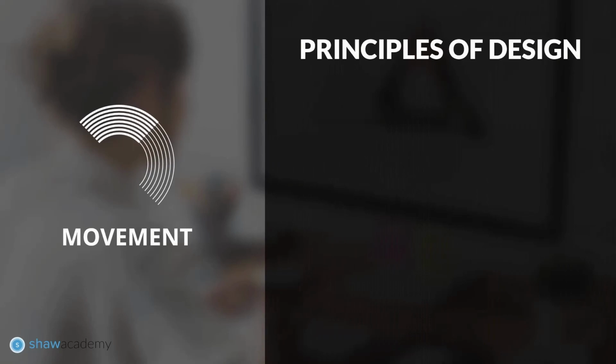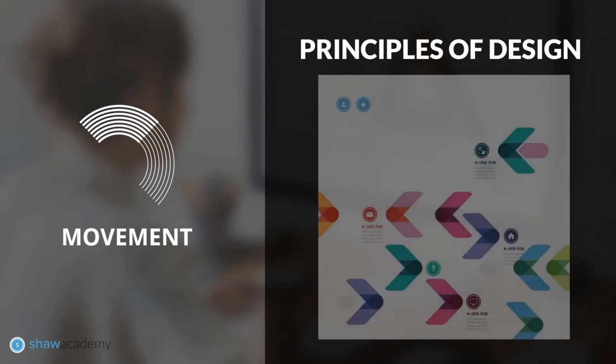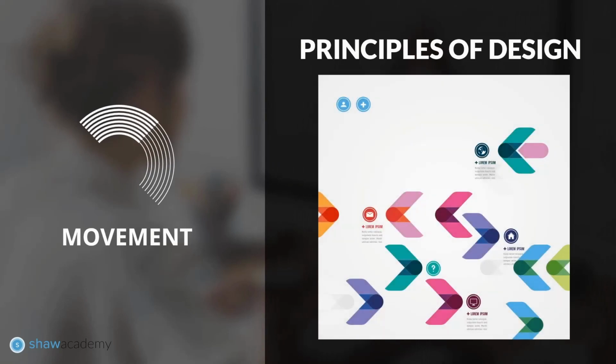Interestingly, due to the fact that we read from top to bottom and left to right, we tend to view items as such. You will notice a lot of designs will have a big bold heading at the top, and the least important elements will be at the bottom due to the way we read and view things. It is not a good idea to have your most important element at the top, your second most important element way at the bottom, and then the rest of the information scattered throughout your composition. This causes too much movement and your viewer won't know where to look.